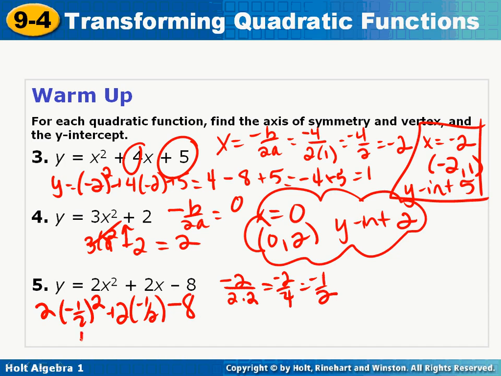Well, negative 1/2 squared is 1/4, so that's 2 times 1/4. 2 times a half cancel, and I'm left with negative 1, and then minus 8. Well, 2/4 here is 1/2. So I now have 1/2 minus 1 minus 8. So that's negative 9 plus a half, which is negative